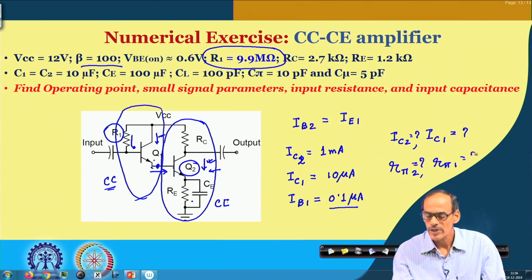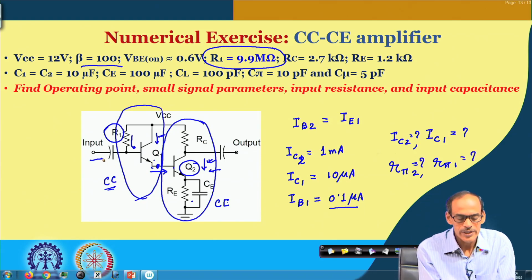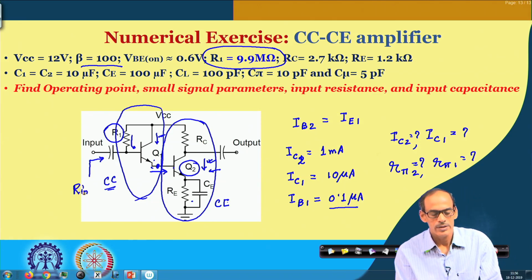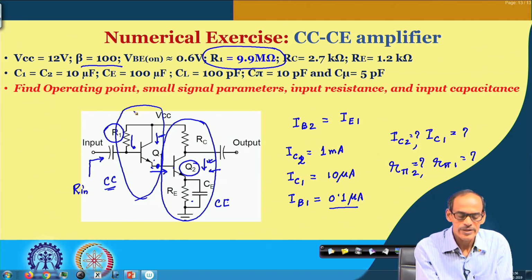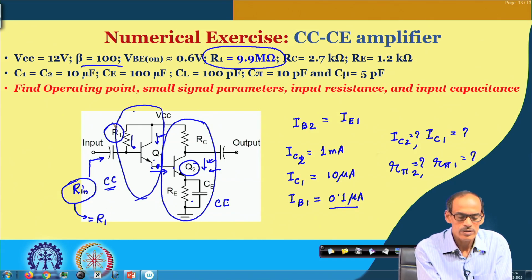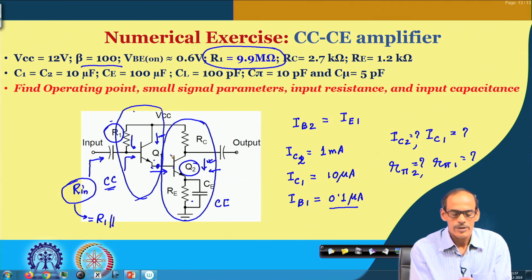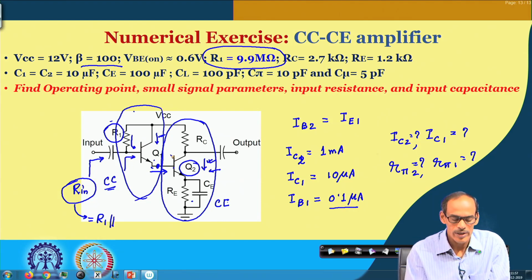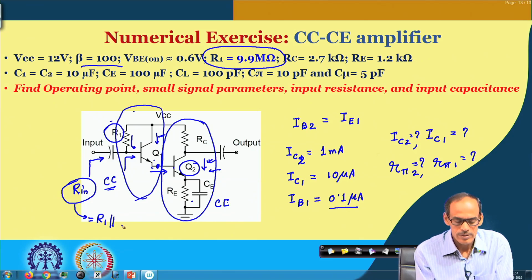From that you can see the input resistance, and you will see that by adding this CC stage, the input resistance will be quite high. The input resistance expression, you may recall, comes from R1 in parallel with the input resistance we see at the base of transistor 1, and that is R pi 1 in series with